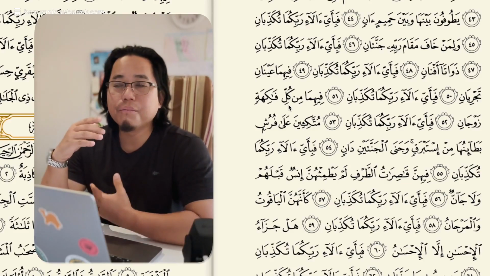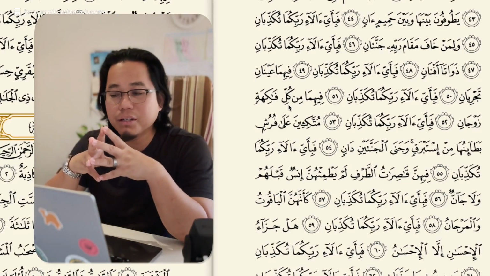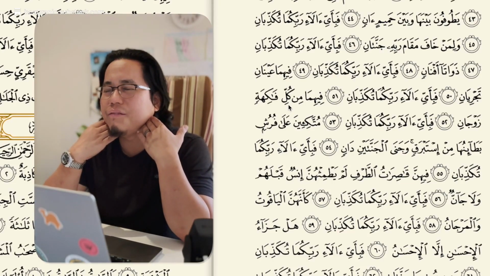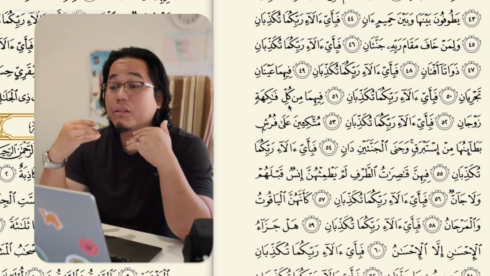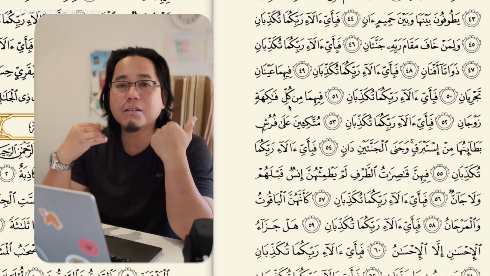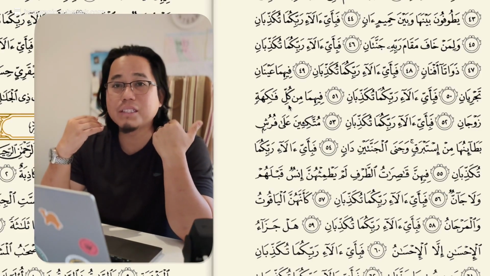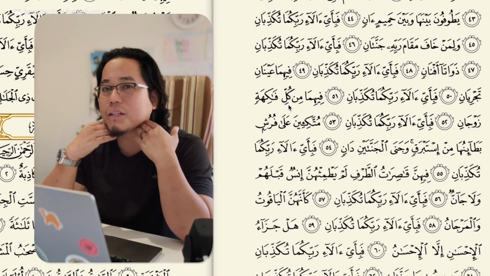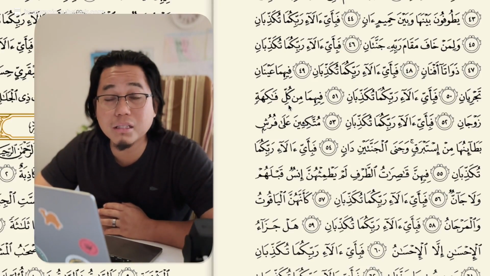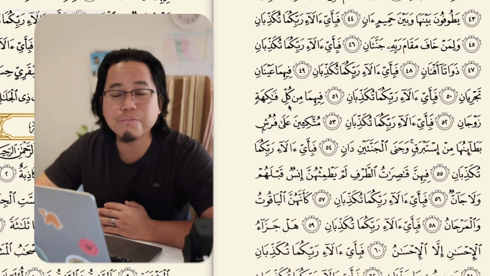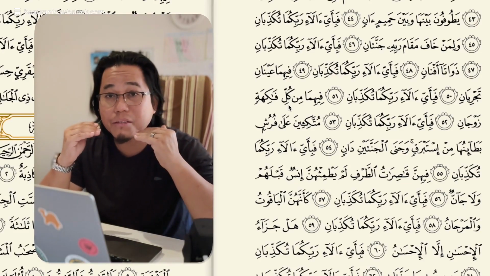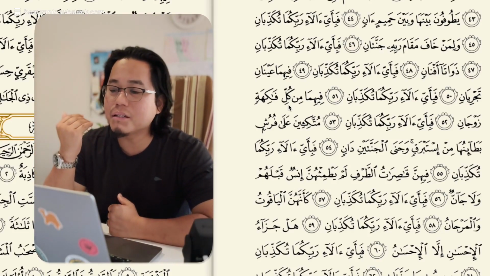Now, kaf must be differentiated with a qaf ikhfa. Qaf ikhfa aqqa. The back of your tongue, you can feel the back of your tongue is actually lifted. Aqqa. So, if it's qaf, min qa. If it's kaf, min ku. So the back of your tongue should not be lifted because this is a kaf and not a qaf. You're preparing to pronounce the letter kaf. Ak. Remember that position? Min kulli